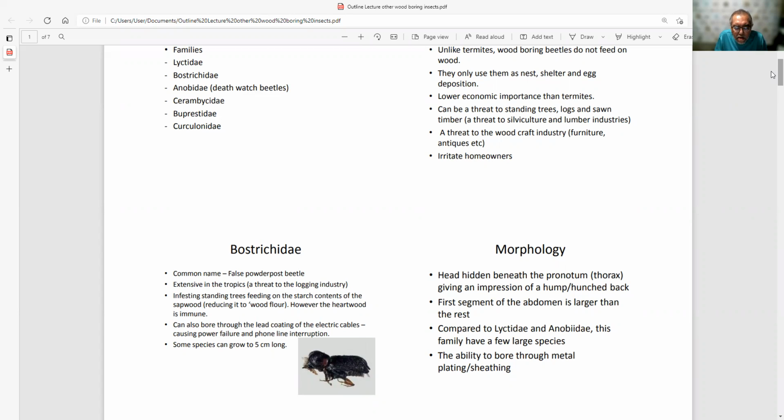Kenapa powder post? Maksudnya apabila dia menebuk kayu dan sebagainya, maka habuk ataupun debu yang ditebuk keluar itu memberikan namanya, debu yang ditebuk keluar. So that's why it is being given this name, powder post beetle. Powder maksudnya habuk ataupun debu. It is extensive in the tropics, which is a threat to the logging industry because number one,